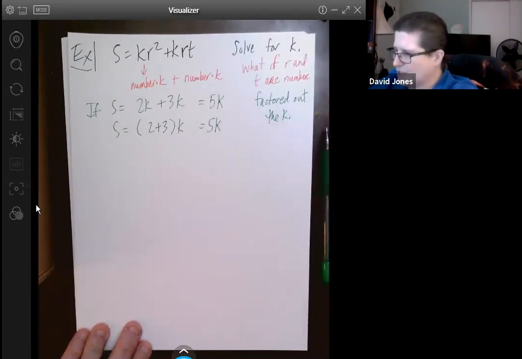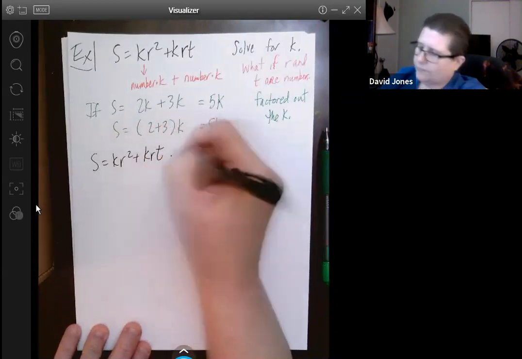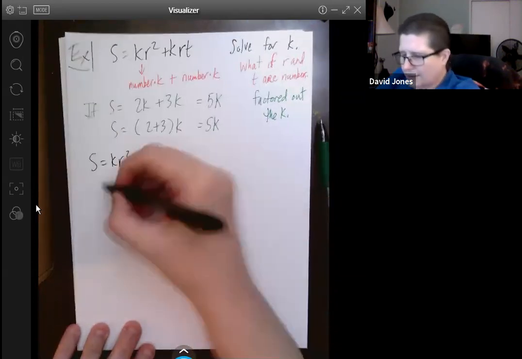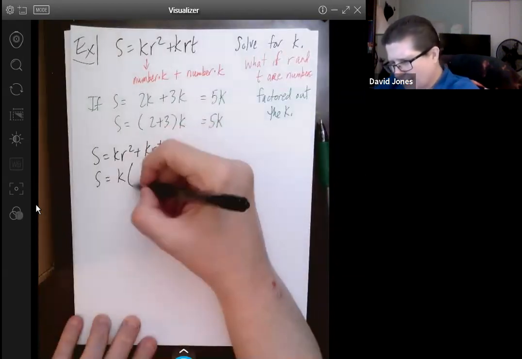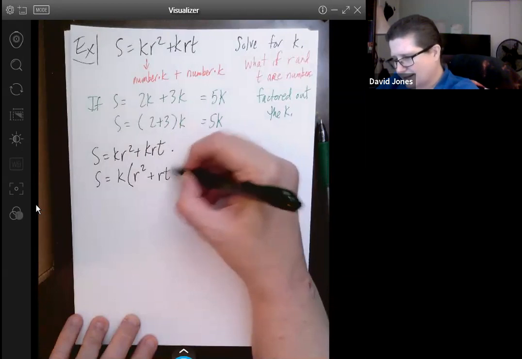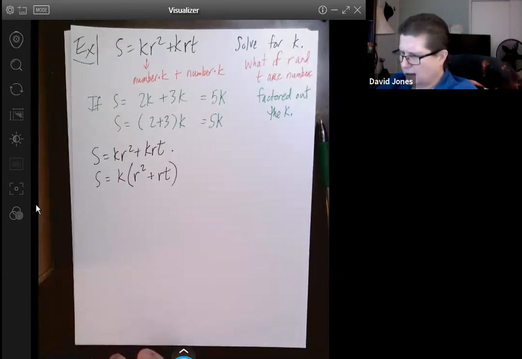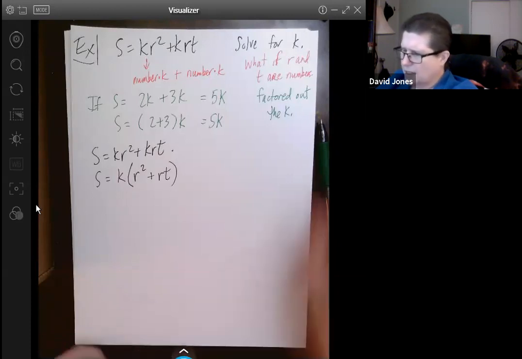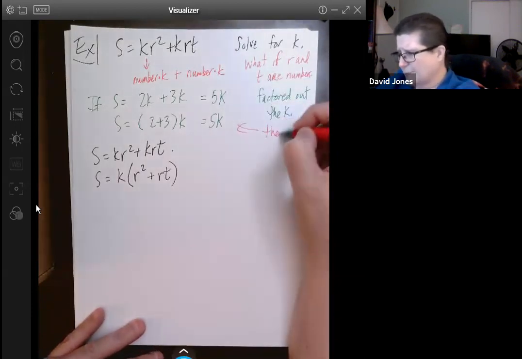Let's apply that to the one we had above. If I pull out the k, the first thing I just have r squared left. The second one I have rt left. And then note, what will we do here? Then divide by